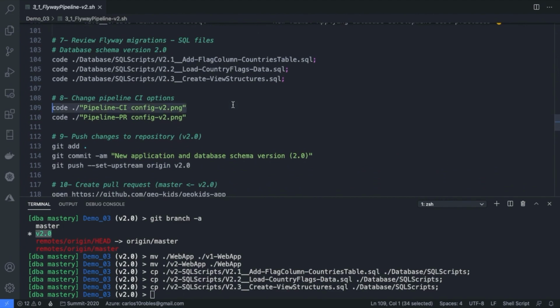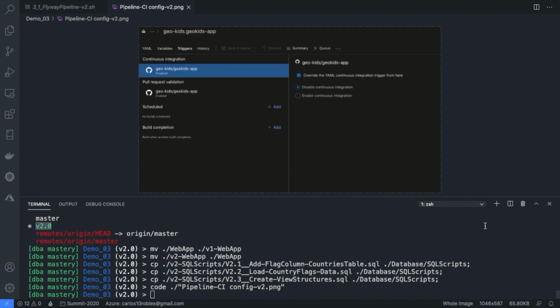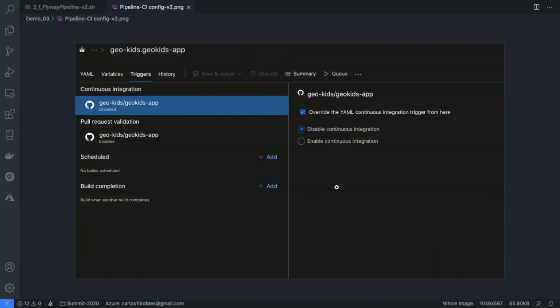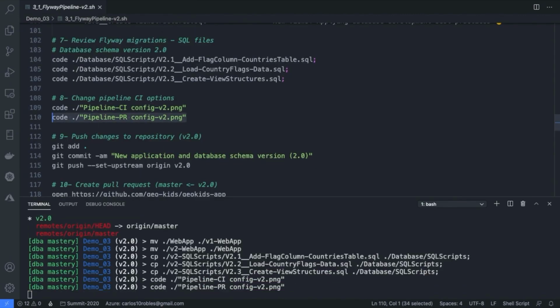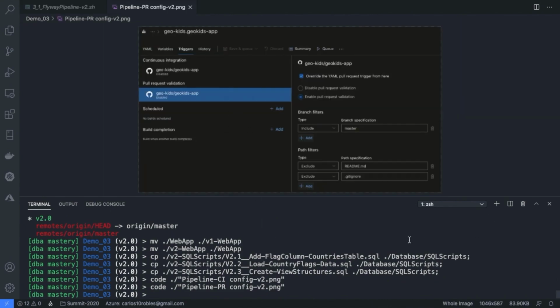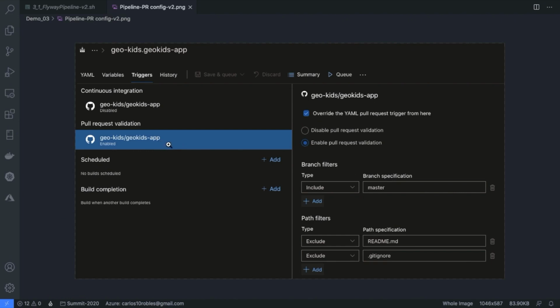I am going to show you something important. Remember, I said that we have to configure the pipeline for continuous integration, but I disabled continuous integration because we don't want to trigger our main pipeline to build, test, and deploy any changes to master, because that's not the best practice. The best practice is to create a new branch, in this case v2 for example, and open a pull request with my changes to be merged into the master repository. So I changed the configuration of Azure Pipelines to say, okay, whenever there is a pull request, validate that pull request for master and build this new